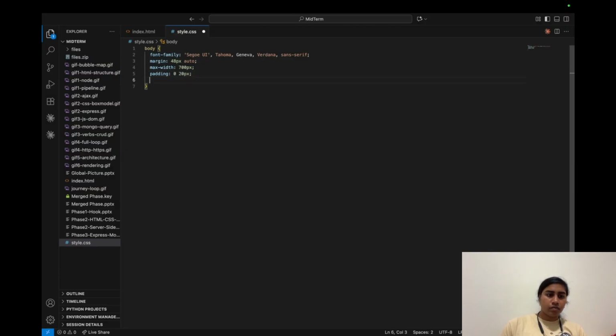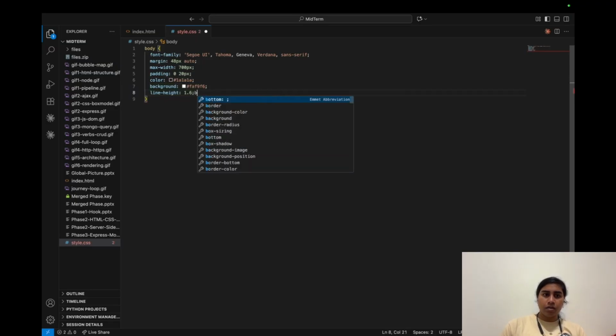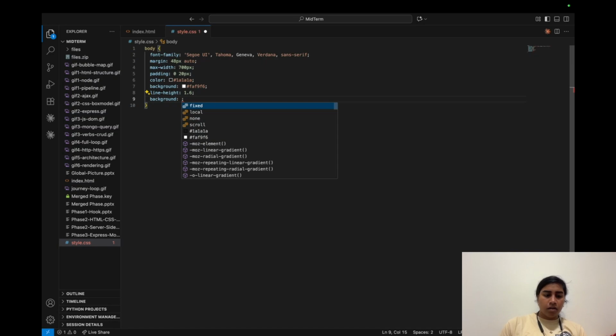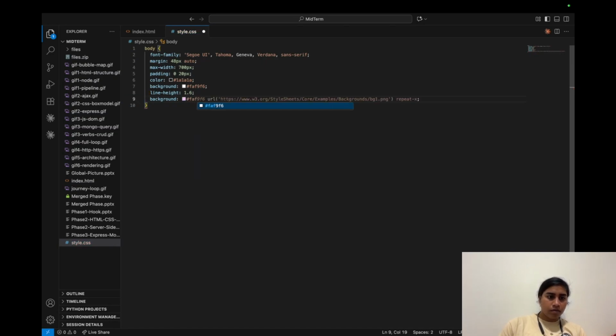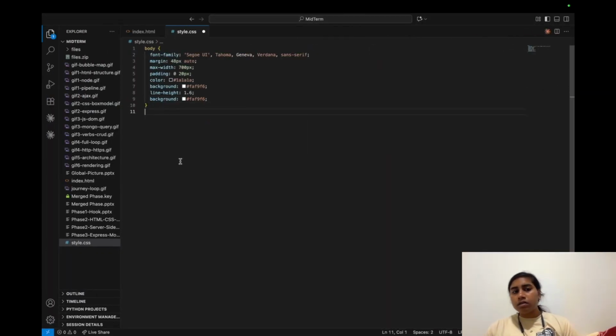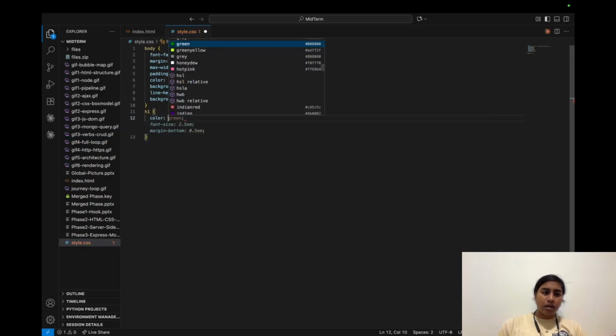0.20 pixel. Let me add color to this page. I have a custom color hexa code and also background and line height to space out. Okay, looks good. It's just that the H1 is a little out of space, so I'll add color to that